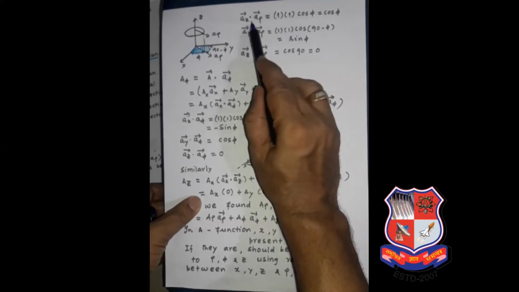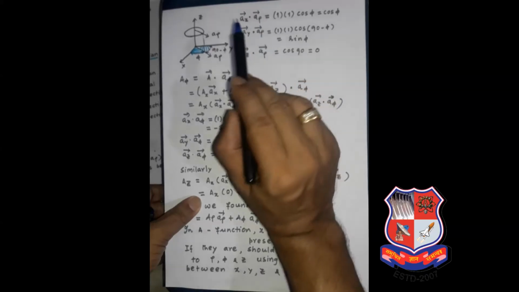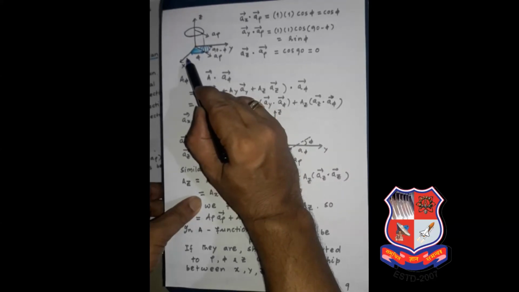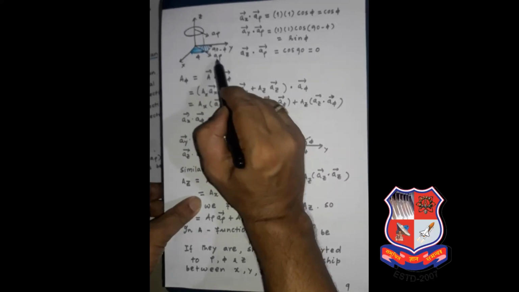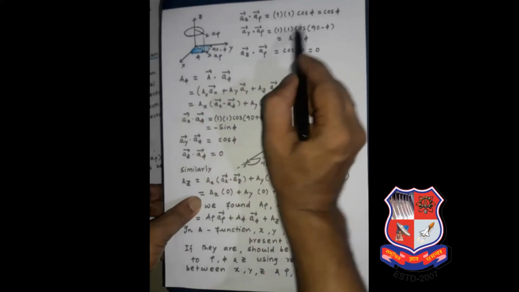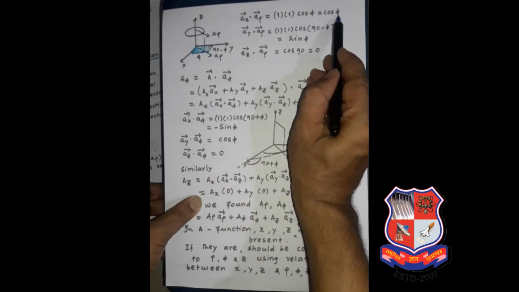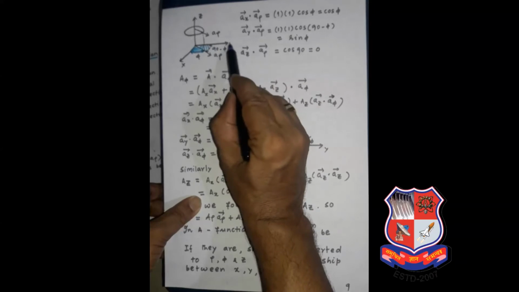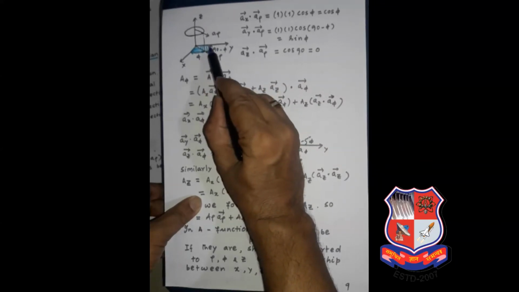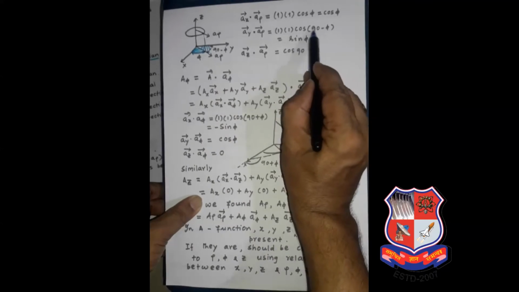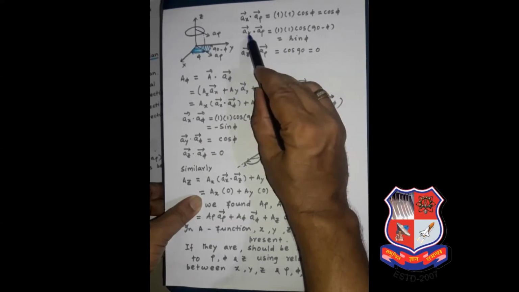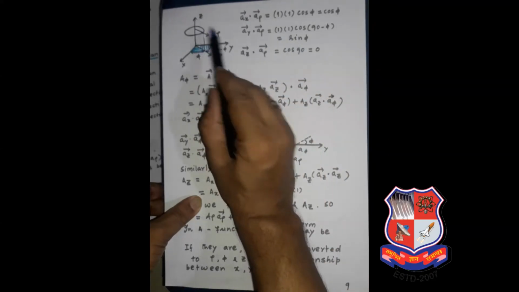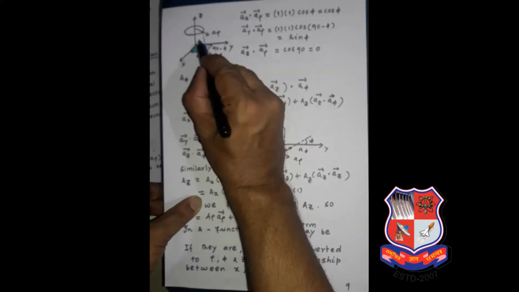So what is the angle between these two vectors? From the cylindrical coordinate system, we saw that the angle between x direction and your rho direction is phi. So we take cos phi, so ax dot a rho is cos phi. Now to find ay dot a rho, this is your y and this is your rho direction. If this is phi, this is 90 minus phi. So again cos of 90 minus phi, because both magnitudes are 1, so this is sin phi. Then az dot a rho, they are making 90 degrees.